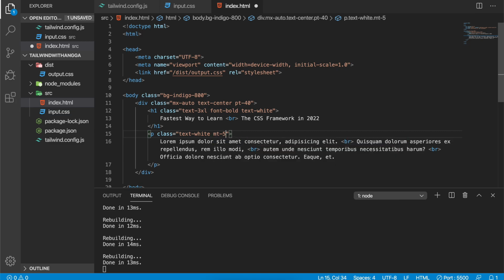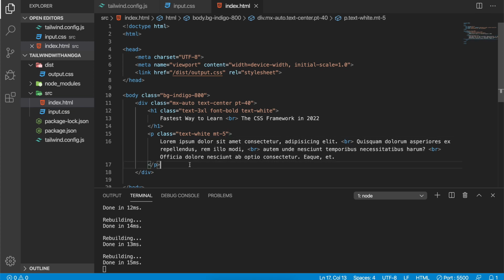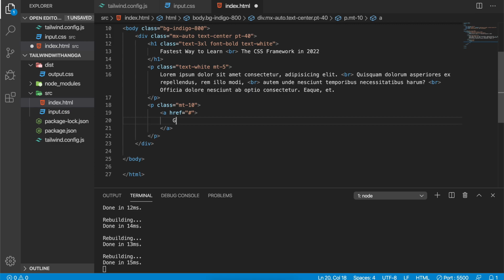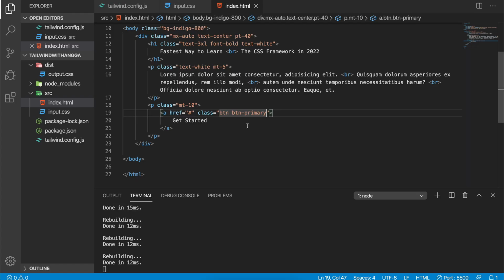Let's give margin top. All right, and then you're going to need one single button. We can give the margin top of 10 and just put it like this: Get started. So if you are using Tailwind, it is totally different from Bootstrap. Bootstrap already has one single class like button primary, but in Tailwind you couldn't get that, because Tailwind is like a Lego that's ready to use. So there is no certain ready class.